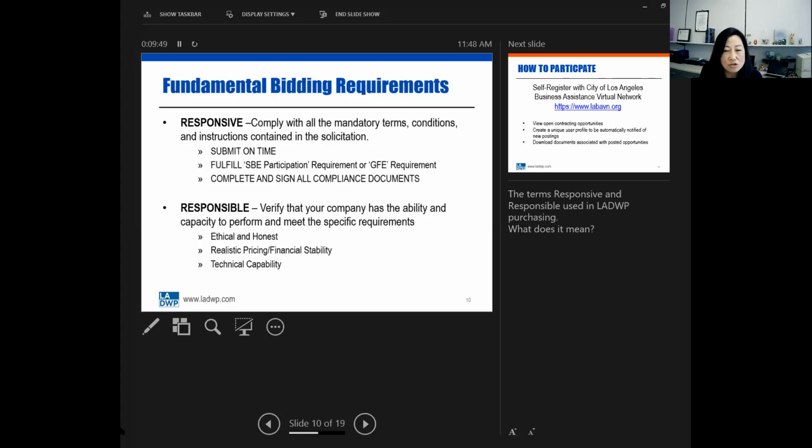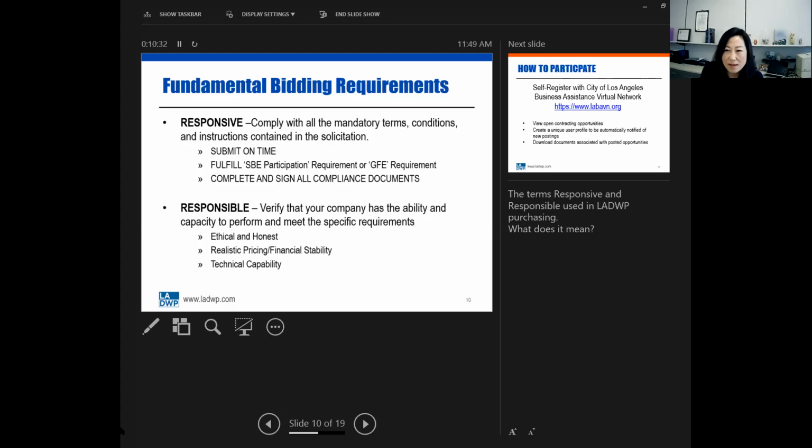And then you have to make sure you fulfill all the, sometimes there are some what we call socioeconomic program requirements. So if it says, oh, you have to do a good faith effort, reach out to subcontractors, you have to do that part. You cannot just say, oh, that's not applicable to me, or I'm not going to do it. You have to complete and sign all compliance documents. And with governments, there's always so much paperwork and red tape, but it's maybe a lot, but it's not impossible, and it's not difficult. So just make sure you're careful,